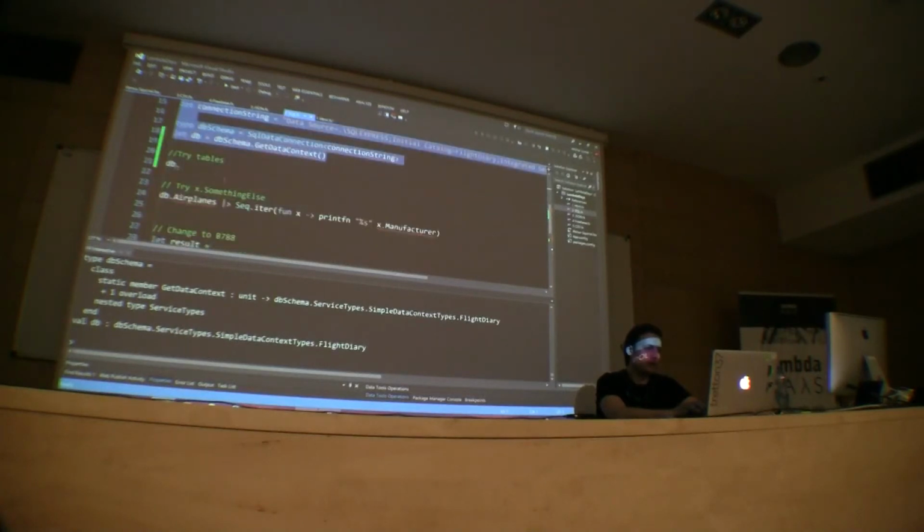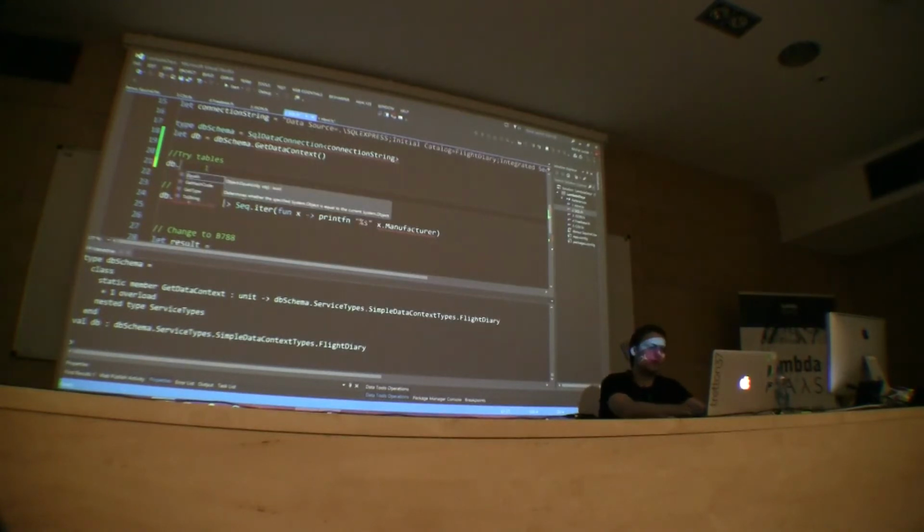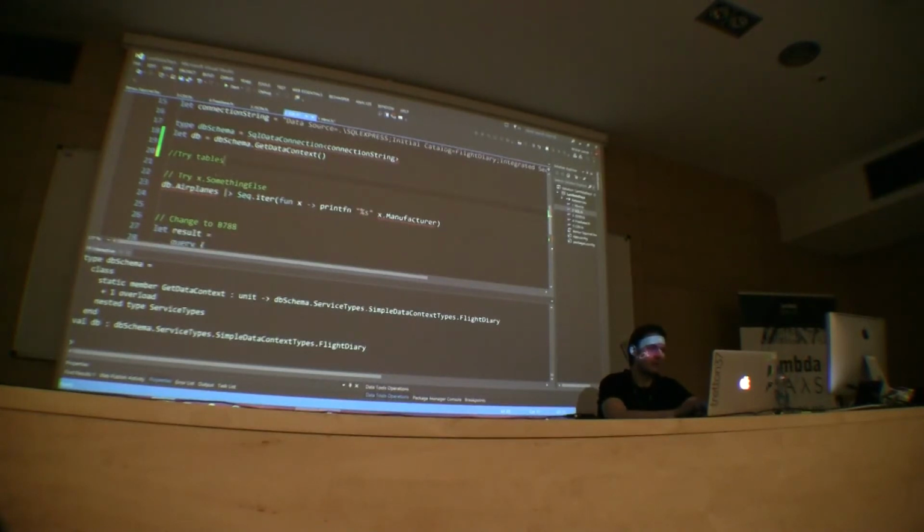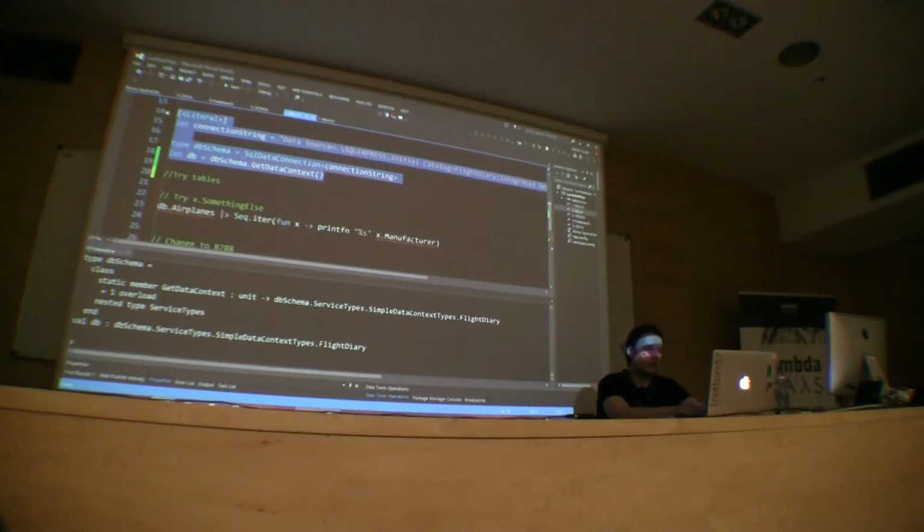Yeah, I have something. So now from my code I can travel through the schema of the database. I have, or maybe not. Something didn't quite work. Let's try again.